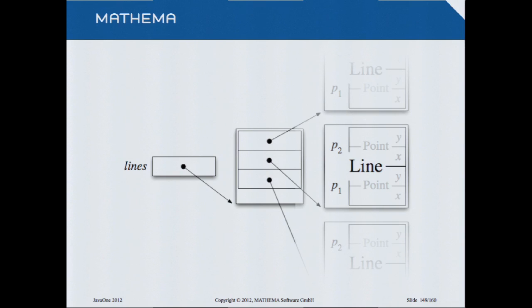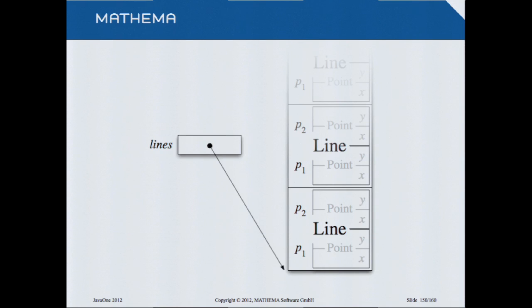Now, if we embedded the point, we still have the array problem. And most of the time we deal with a collection or array of lines. So there's a question if we can incorporate the line objects also into the array. And it is possible. Then it will look like this. And it will have many advantages.